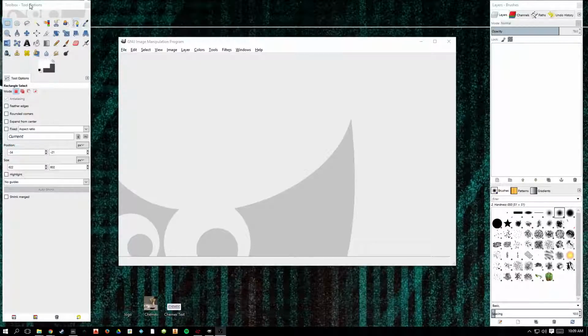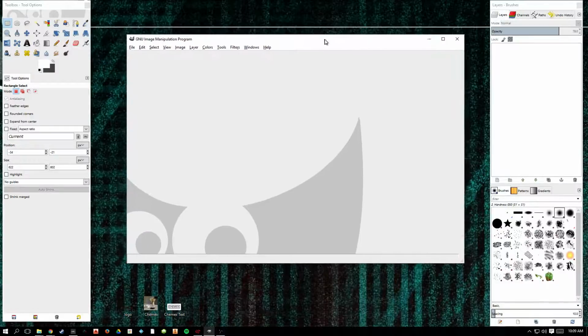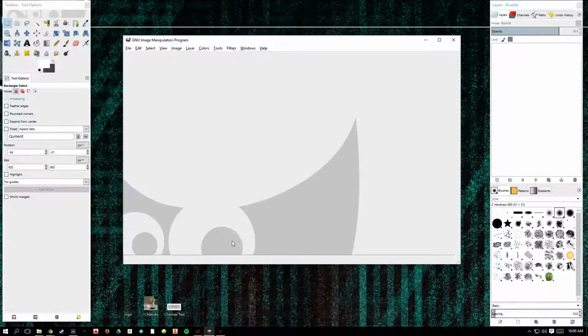The program consists of 3 main windows. We have the toolbox on the left, the layers on the right, and the actual workspace in the middle. And I'll be using this program mainly to create menu items for each of the different brew methods that I'm going to have in my app. So to walk through one of those and outline some of the features on the way,